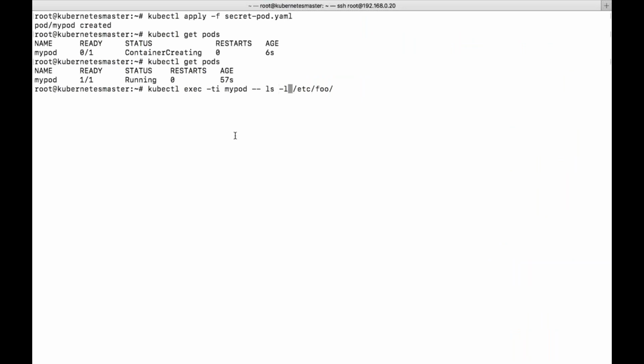You can see now you have only username, not password. So this is how we need to create your YAML files based on the requirement.